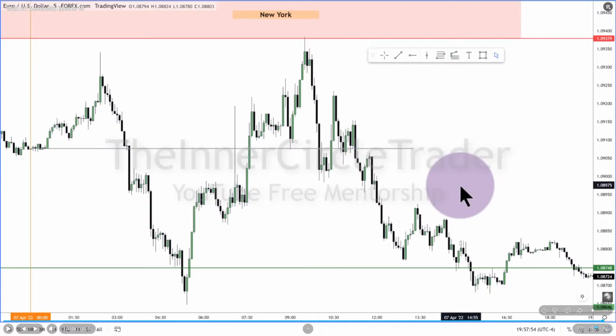Fair value gap here, price doesn't come up to it. Fair value gap here, price comes up to it. You probably would have taken it if you set your stop loss above here, bam. You know what I'm saying? Just over and over and over again. And that's how I would trade. Once I had this initial idea, I'd be hitting those and compounding, personally. I'm aggressive. I'm showing you in this lecture.